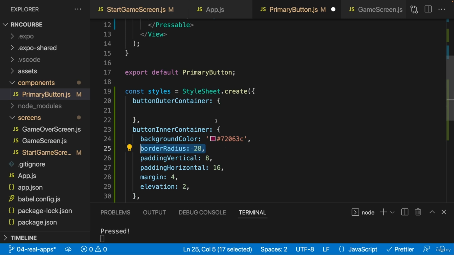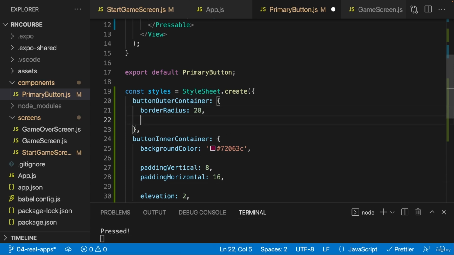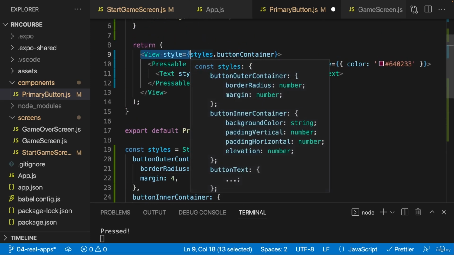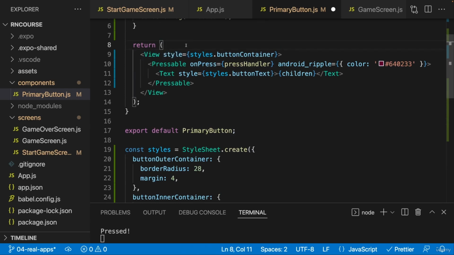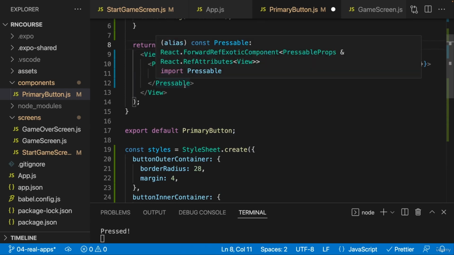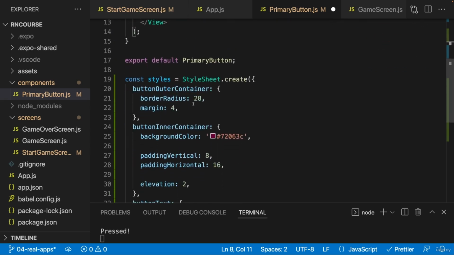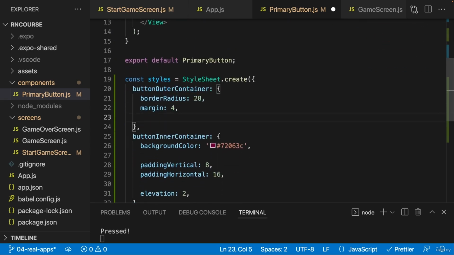You don't add it on the inner container, you add it on the outer container instead. In addition, it's that outer container that receives the margin, like this, which should make sense because it will be the outer container that will be closest to other elements that are used side by side or close to the button when you're using this button component in other components. Now, in addition, on this outer container, you should add overflow hidden, which is a property you might also know